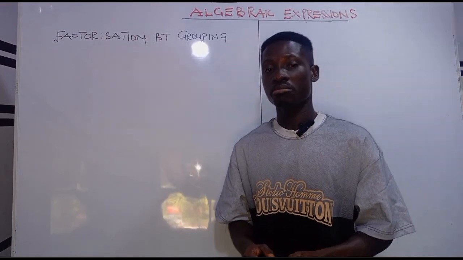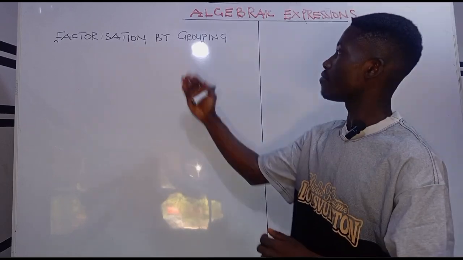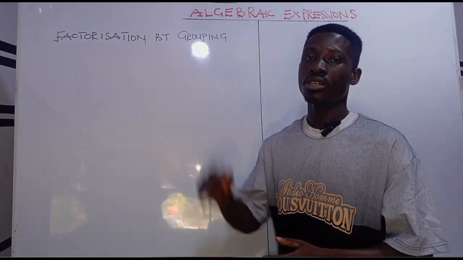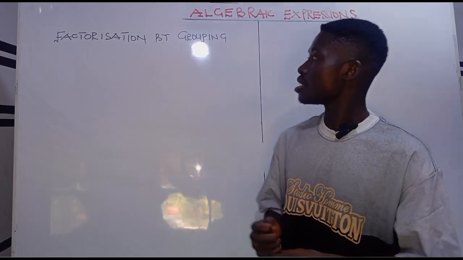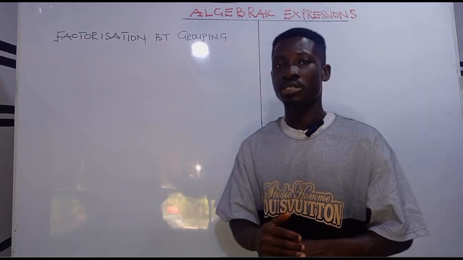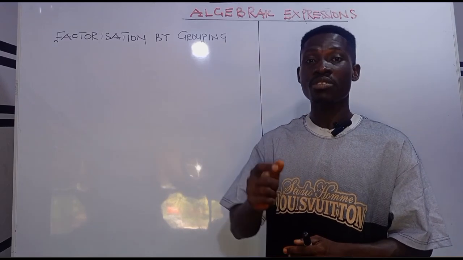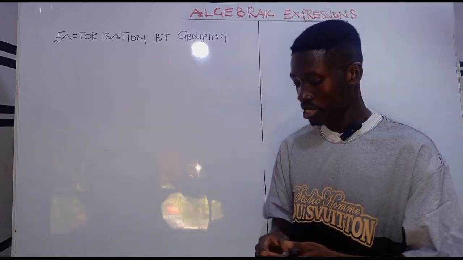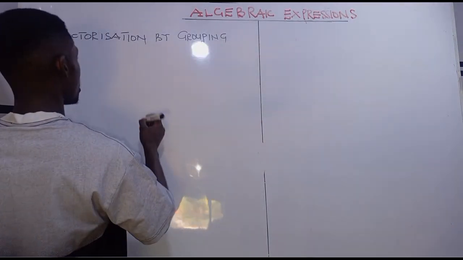In this very session, we shall be looking at factorization by grouping. But remember, we are still on algebraic expression. Now, with factorization by grouping, algebraic expressions having four terms are factorized by grouping. So examples of such algebraic expressions are